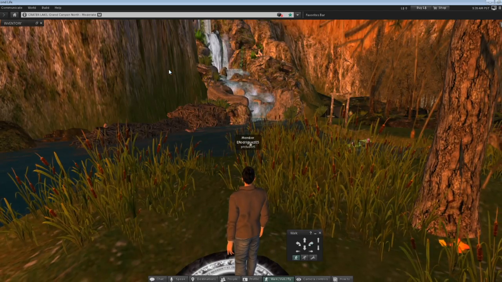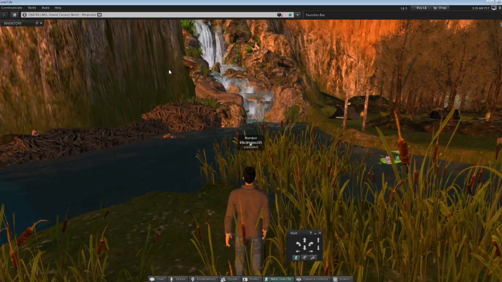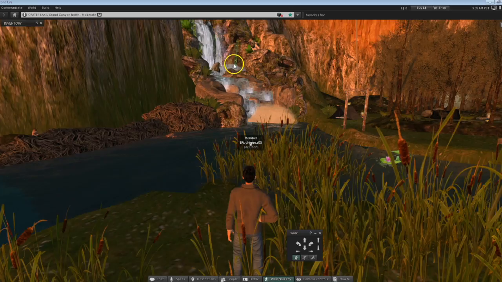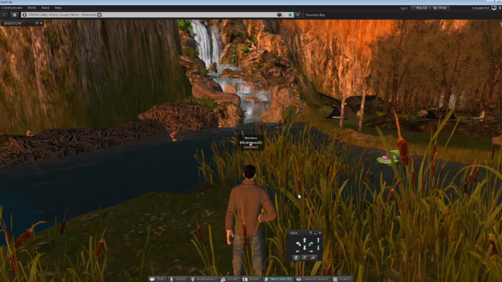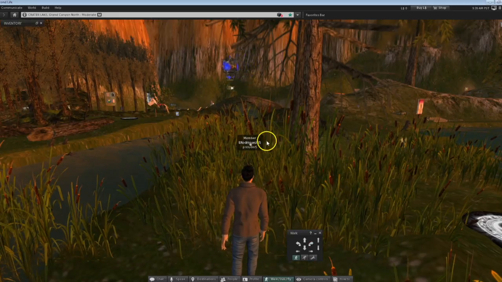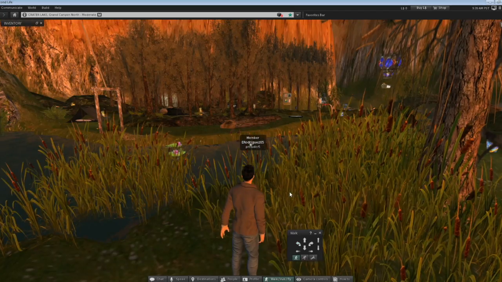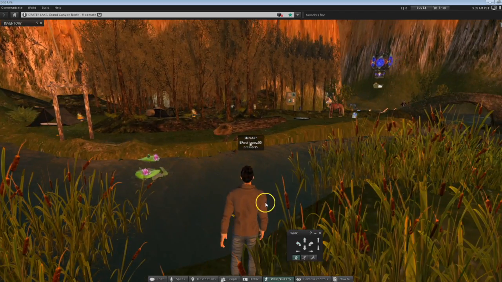Some of the elements needed to be considered a riparian ecosystem is a year-long water supply. And here we have the waterfall, which in this case will provide water year-round. Lush vegetation surrounding the water source, which you can see if you look around. There's a lot of vegetation around the water source. And some of the animals that are thriving in here are going to be the canyon tree frog, the otters,